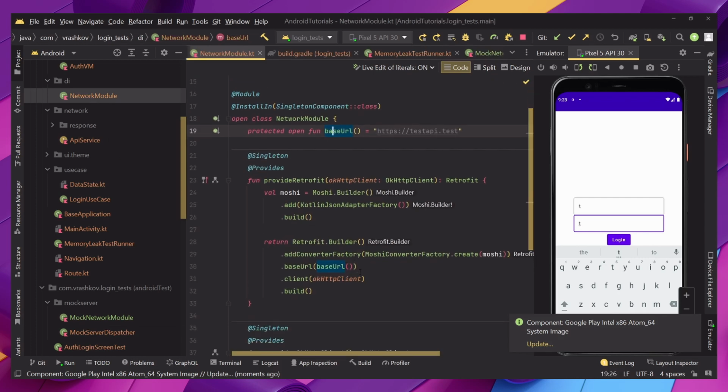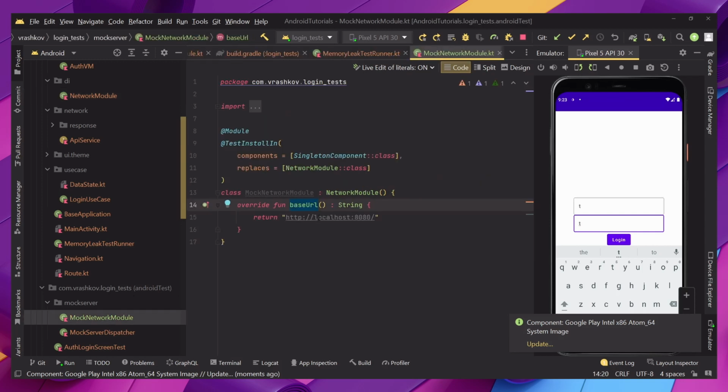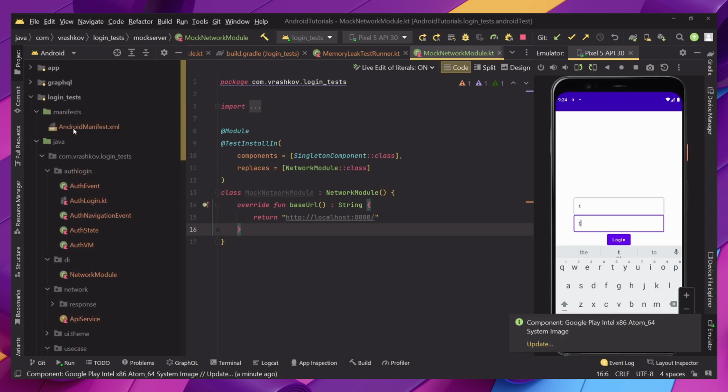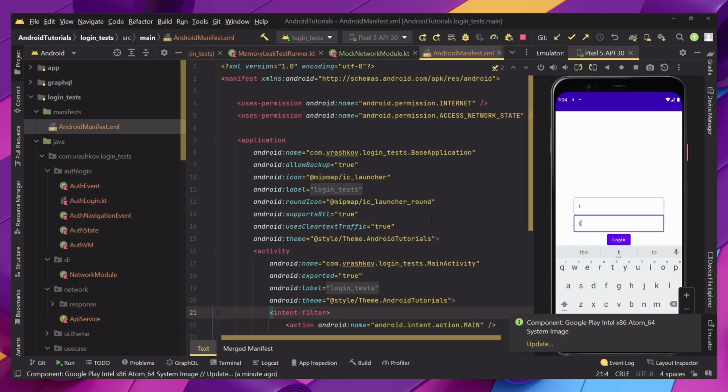So when we're running the tests, the base URL from the mocked network module will be used. And this is localhost 8080. Something important to note, because we're using localhost, we need to go to our manifest and add inside of it